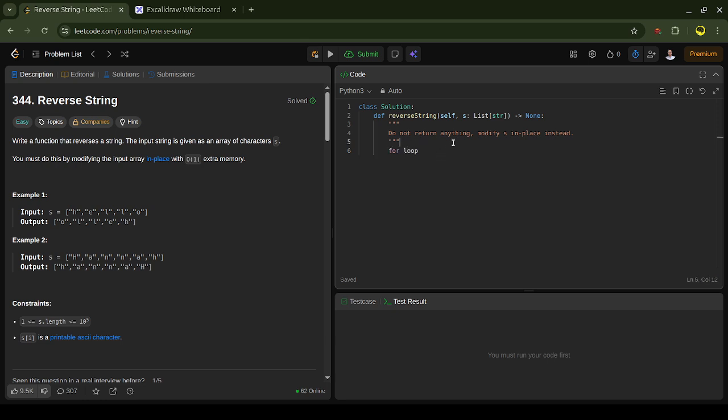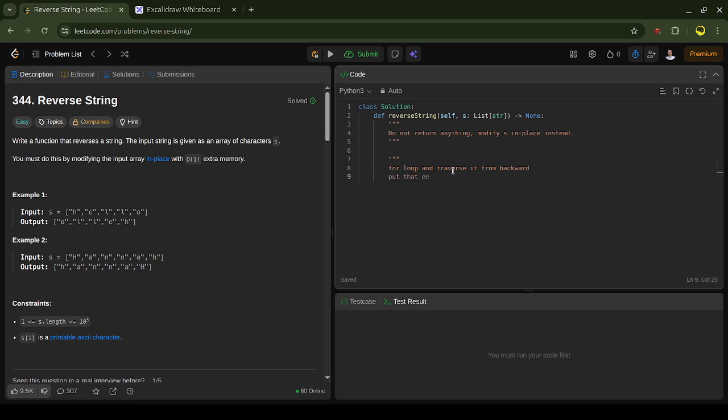I'm not writing code here because we all know how to do traversing from backward. So I will write a for loop and traverse it from backward, and after traversing it from backward, I will access all the elements one by one, and I will put